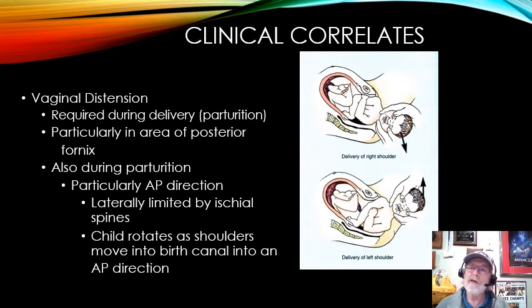Once they get all that squared away, all they do is take the head and lift the head up a little bit, like the bottom picture shows. They lift the head up a little bit, and that brings the bottom shoulder out. Then once that bottom shoulder's out, be ready to catch, because that thing comes squirting out like a torpedo. Everything else is smaller, so it's pushed out quite rapidly after that point.